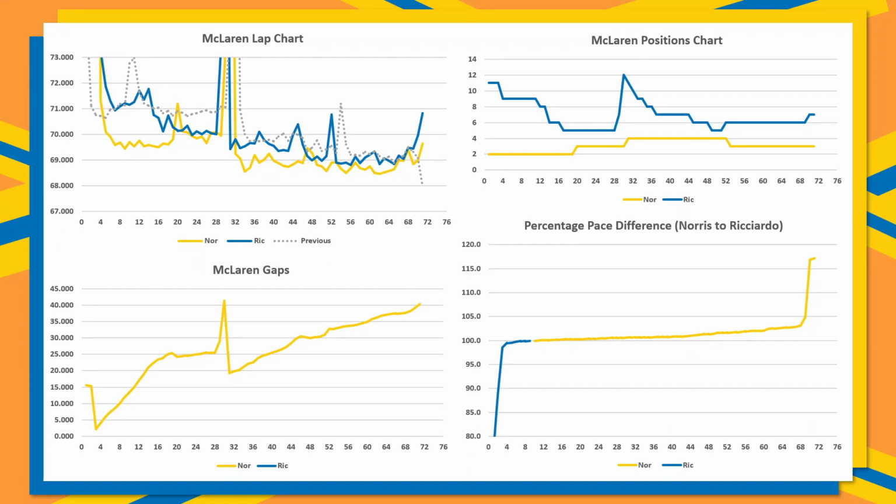And again, splitting that percentage pace difference down the middle, we can see that for 12.7% of the Grand Prix, it was Daniel Ricciardo in blue who was the faster car, and then for 87.3%, it was Lando Norris. Once again, even though it was a better Grand Prix for Daniel Ricciardo, an enormous pace difference. 87-13, rather than 88-12. Where just like the Red Bull graph, we can see an enormous over 1 second a